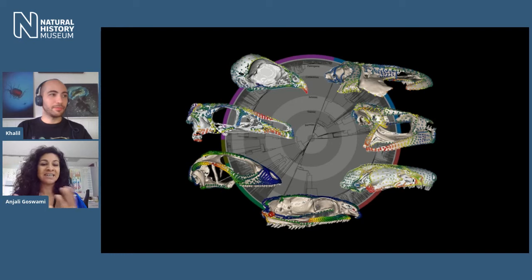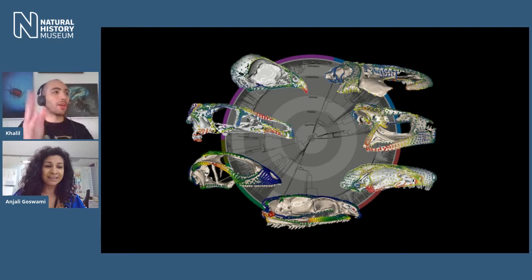And so what we've done is taken the same approach. On this slide here, you can see we've got birds up top and dinosaurs right below them. But then we have lizards and snakes down in the middle at the bottom, and then different groups of amphibians. So we have cecilians, which are these limbless amphibians. We've got frogs and salamanders, and we have a bunch of data for mammals that we're analyzing right now. So going anti-clockwise from the top, we've got birds, dinosaurs, lizards, snakes, and then amphibians? Yeah, that's right. Cecilians,